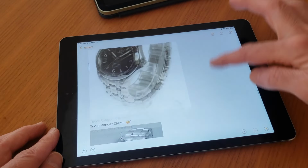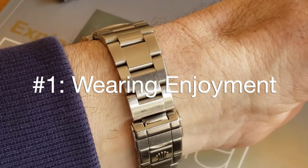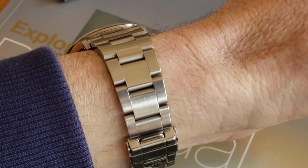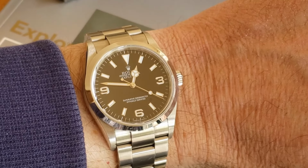When considering whether to keep a watch or not, factors that I give serious consideration to are the following. Number 1, the joy of wearing the watch and looking at it. And this, I think, is the most common for most collectors. This certainly includes sympathetic factors such as memories you had with each watch, but also how they fit your style